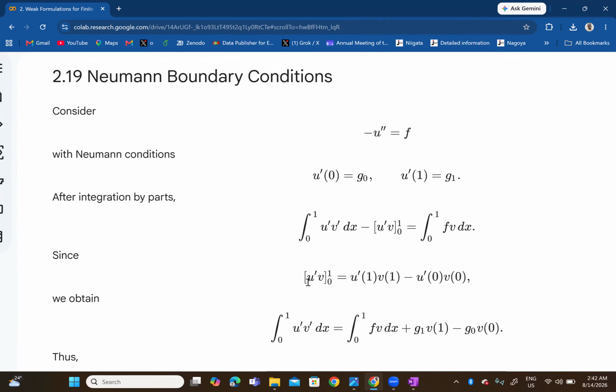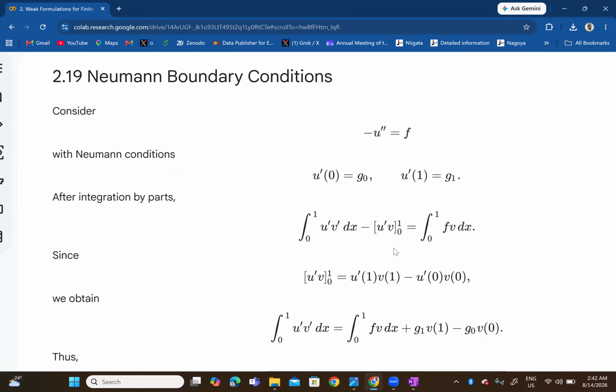So since u prime v from 0 to 1 is u prime of 1 v of 1 minus u prime of 0 v of 0, then what do we have? We then obtain the integral from 0 to 1, and instead of having just 0, we now have g naught. So we then have the integral from 0 to 1, this integral now, v prime dx, and that is equal to,